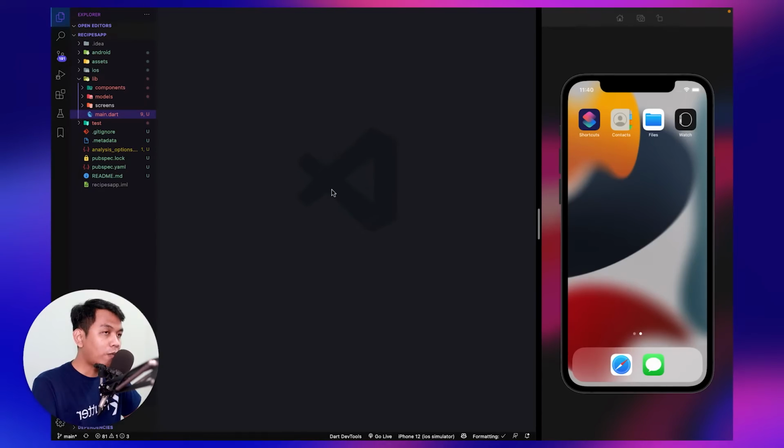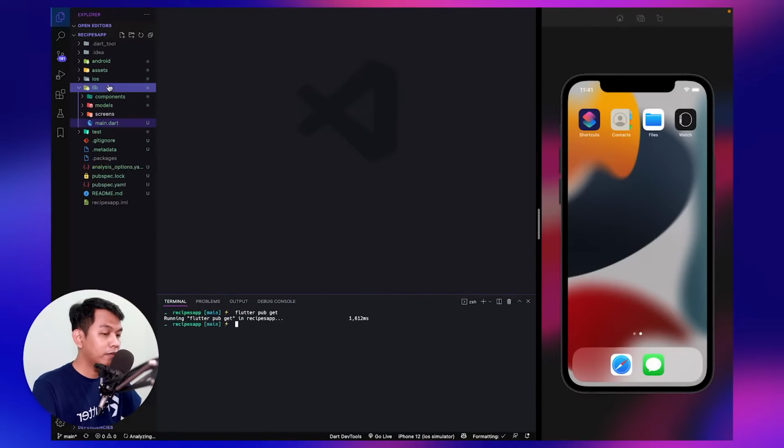And if you have opened the starter project, it will look like this, because as usual, we haven't yet gotten our dependencies. So just go to terminal, and then flutter pub get. Wait a second. Alright, looks like this.